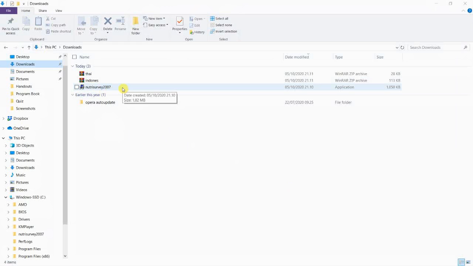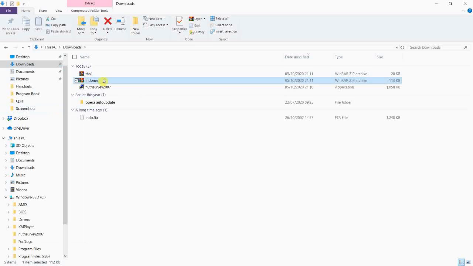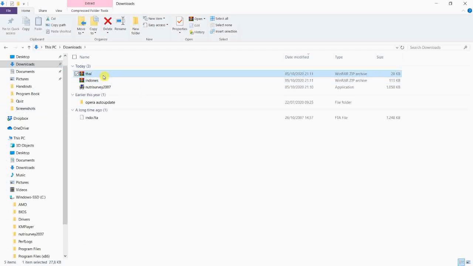Before we launch NutriSurvey, we need to prepare the food database files to be integrated into the software by moving the files into the folder of the NutriSurvey software. Right-click the zip file, then choose Extract here. Repeat this step for the other food database zip file.